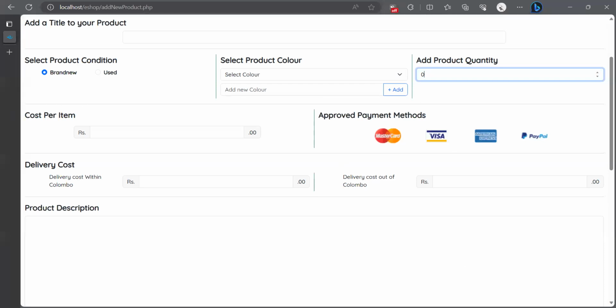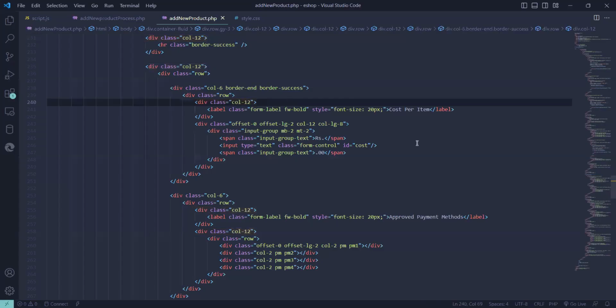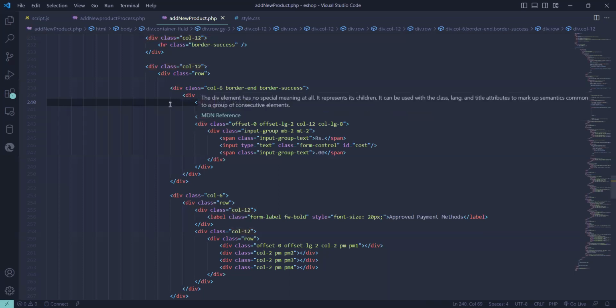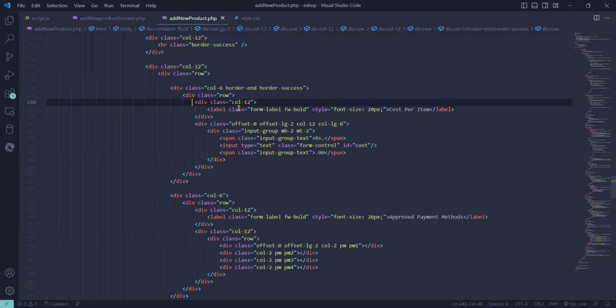We can see in a previous column as the previous part, we grab that 12 columns and